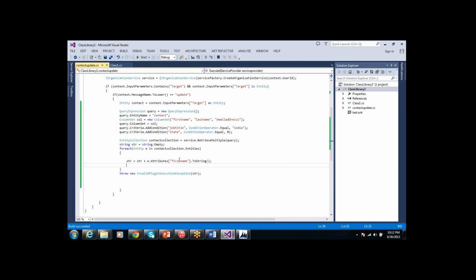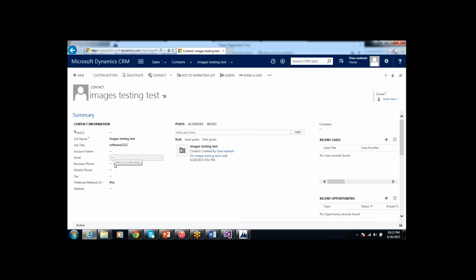Here I am printing the first name, and the where condition is that the job title should be India. So here I am updating the job title to India.